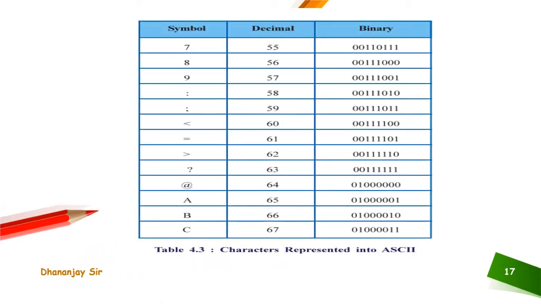You can see here the character representation in ASCII. If the number is 55 in decimal, its symbol will be 7. Binary will be, how to convert. So you can see if the symbol is 9, the decimal number is 57. So 9 is a symbol, represented in ASCII. Basically, these techniques are used to represent or store data in the computer memory.